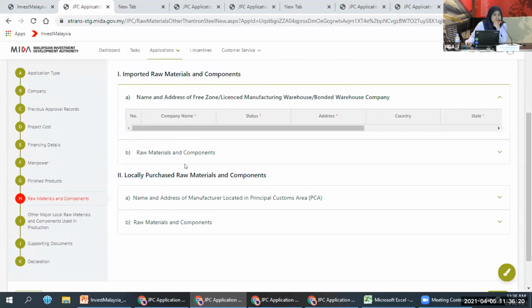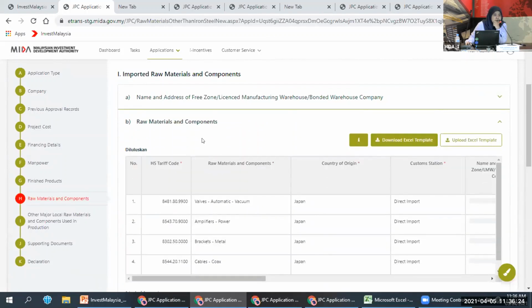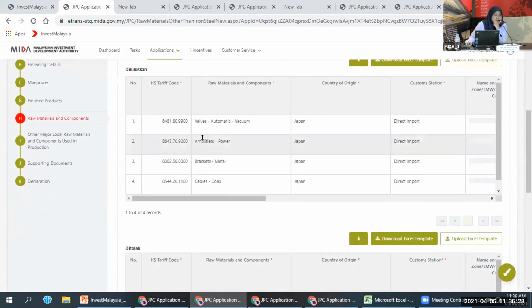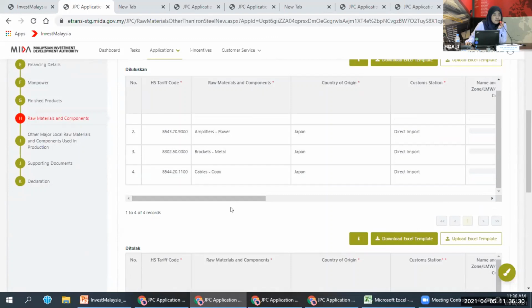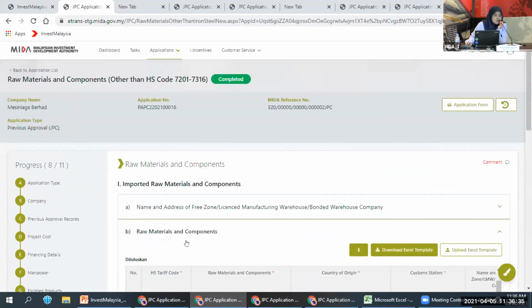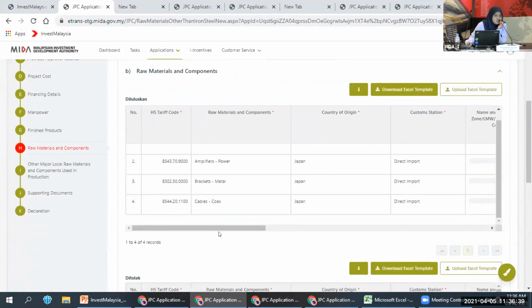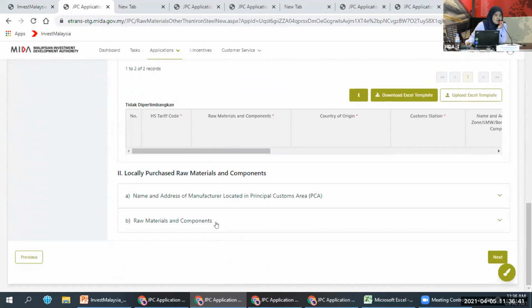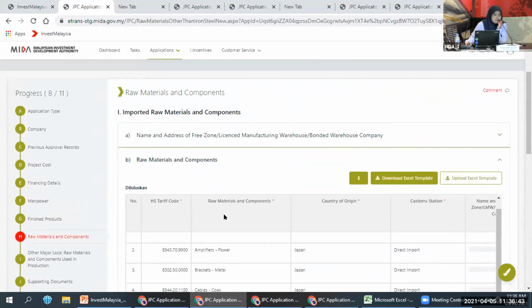The difference between the previous approval and the new application is that when you click on the raw material and component section, you will notice that there are three separate tables. The first one is diluluskan, the second one is ditolak, and the third one is tidak dipertimbangkan.